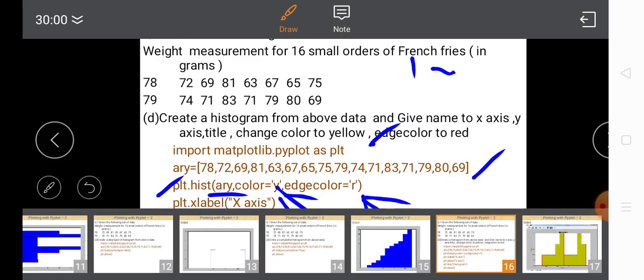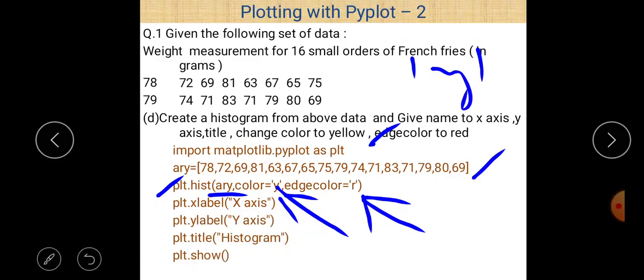Y character is used to represent yellow, and R character is used to represent red. You can also give the full name of that color, but here we use the character that represents the color name. So color is equal to y, by which we are able to change the color of the histogram to yellow, and then edgecolor is red in this case.